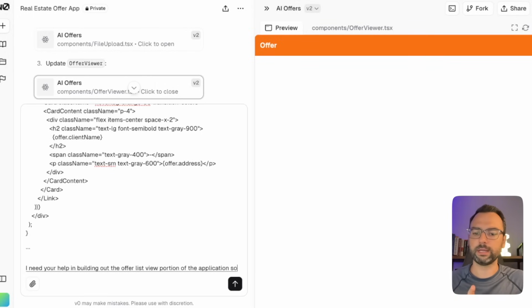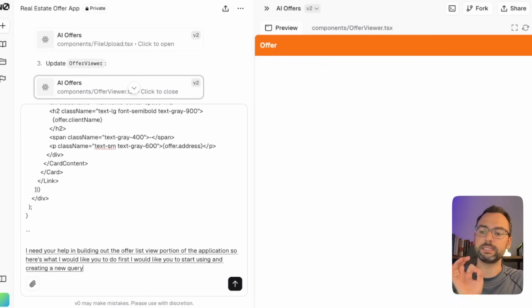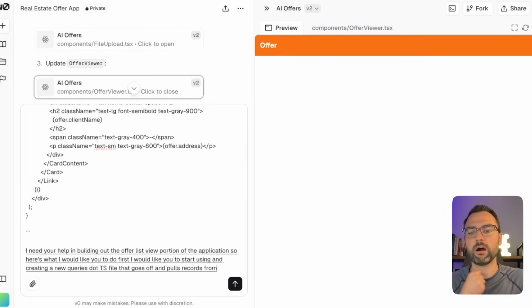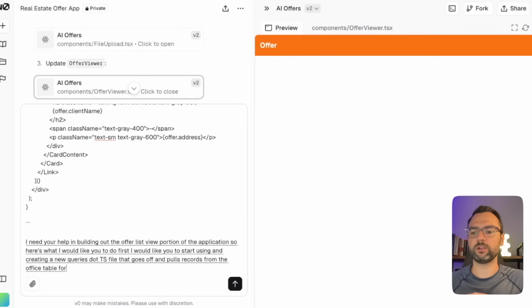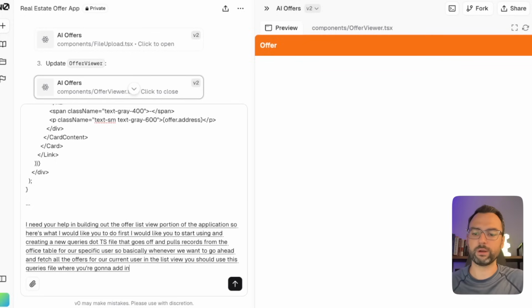So here's what I would like you to do. First, I would like you to start using and creating a new queries.ts file that goes off and pulls records from the offers table for our specific user. So basically, whenever we want to fetch all the offers for our current user in the list view, you should use this queries file where you're going to add in all of your queries to get offers